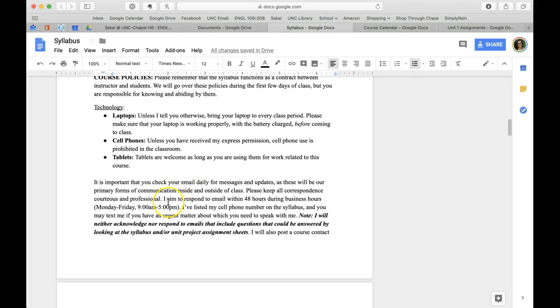Also important to check your email. You're always free to email me with questions. Definitely don't hesitate to do that. But I do ask that you check the syllabus and check your unit assignment sheets before you get in touch with me. I had this one semester where students were constantly emailing questions that were very clearly in the assignment sheet.